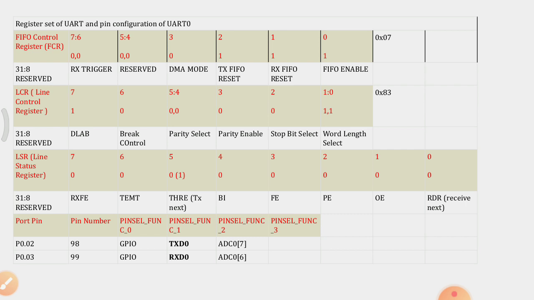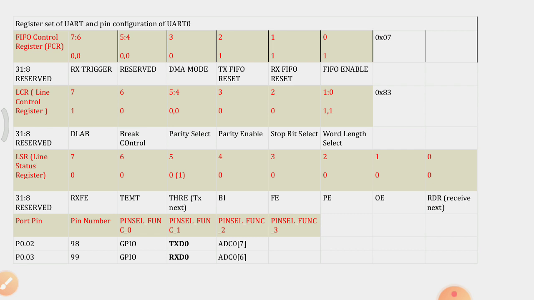Here also, in this LSR the total 8 bits are divided into different functions, of which the main 2 bit functions are bit 0, RDR, receive data ready, and THRE, transmitter holding register empty, at bit 5. Basically these are used.